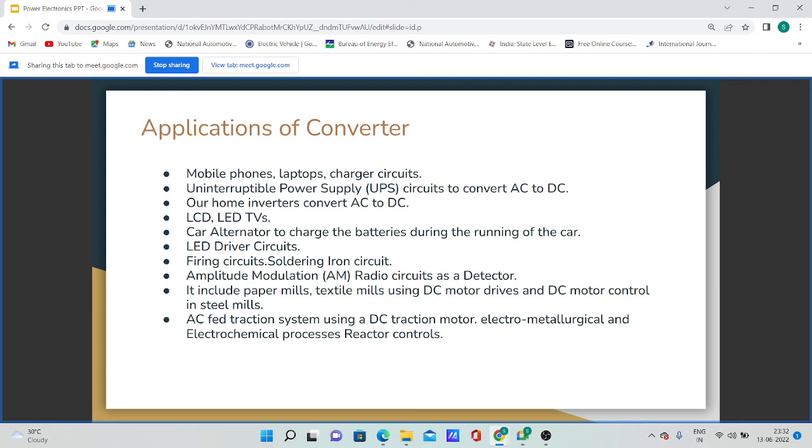Then it includes paper mills and textile mills using DC motor drives, and DC motor control in steel mills. It is again used in the automation industry, AC fed traction systems using DC traction motors, and electrometallurgical and electrochemical process reactor controls. Next,